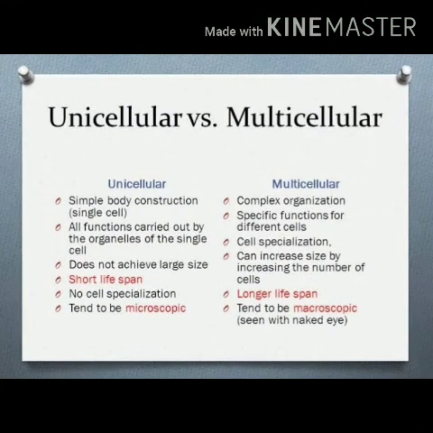As a unicellular organism is made up of only one cell, it carries out all its surviving processes and functions in that single cell itself. Whereas in a multicellular organism, specific functions will be performed by different groups of cells, as they have many cells. So the functions are divided between them. Whereas in a unicellular organism, a single cell is there, so it does all the functions required for surviving.